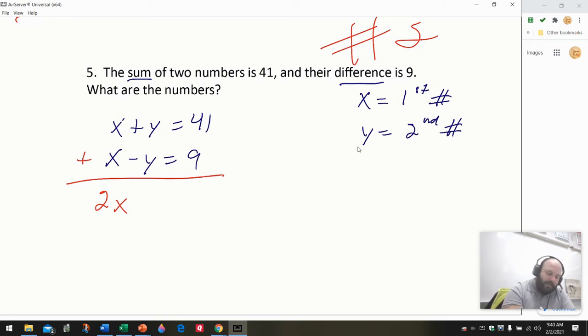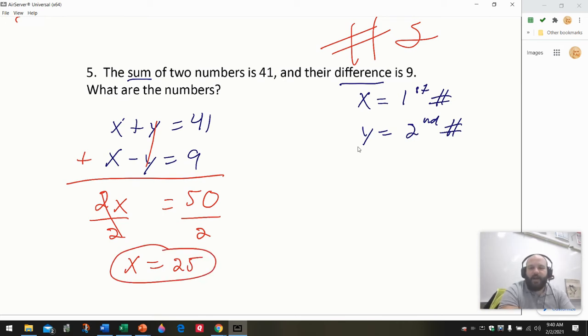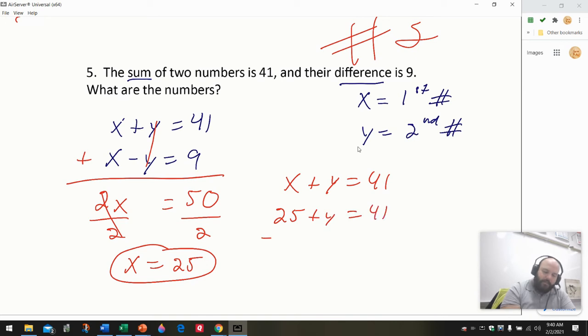Y plus negative y is 0. That goes away. And then we're left with 41 plus 9, which would be 50. Okay, and then to finish solving this, we would simply divide both sides by 2, and we would get x equals 25. Now, once I have the x value, I do still need to solve for the y. I'm going to go ahead and use the first equation, which is x plus y equals 41. In place of the x, I'm going to write 25 since we just solved for that. And then I'm going to subtract 25 from both sides. And I'm going to get y equals